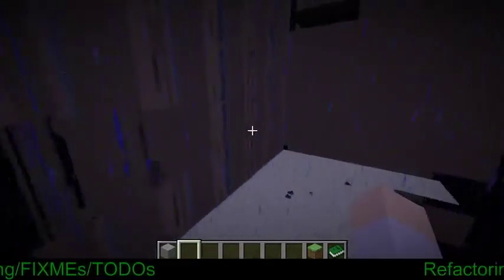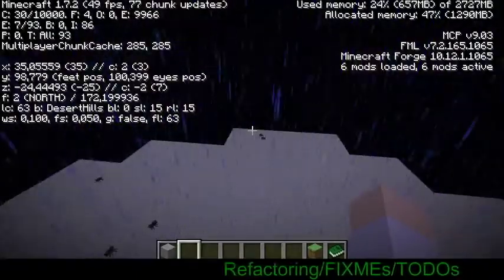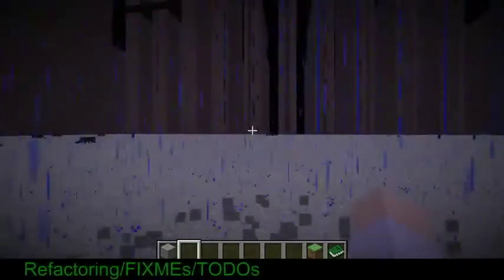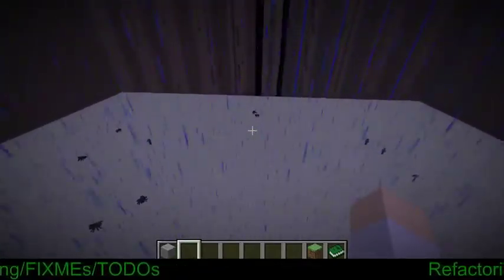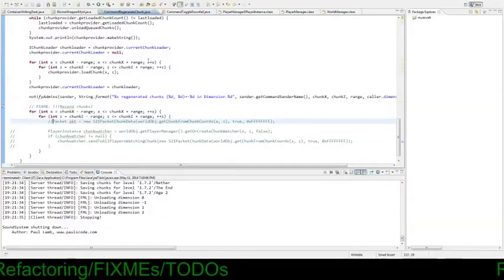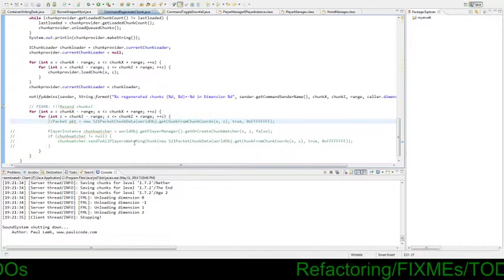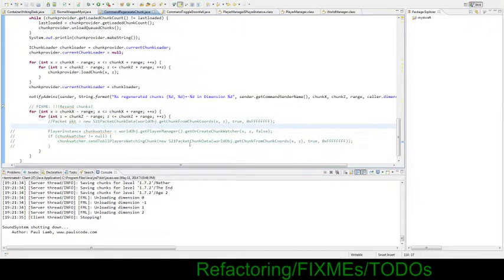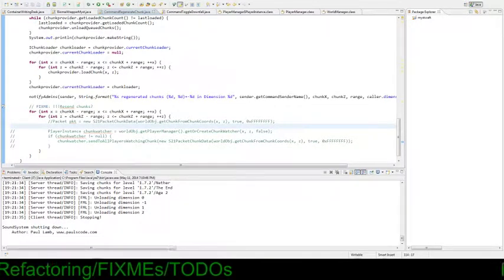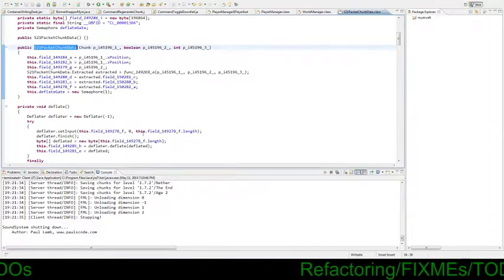Alright. The renderer refresh was nice though. Okay, so that's just render refresh. I need to resend the chunks. Let's see here. Curious. Packet. No. Let's go here and figure out